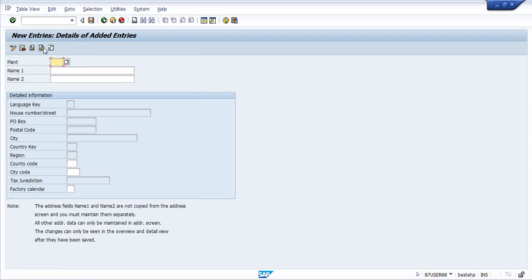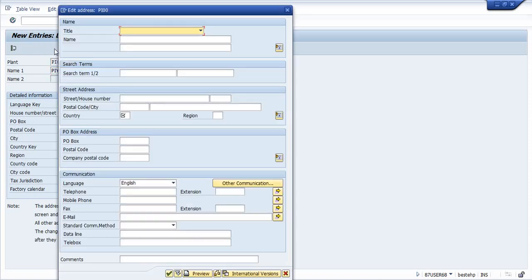Click on new entry. Here I am going to create a plant PI00. The name of the plant is Piyush Private Limited. Click on address. It is a company, Piyush Private Limited.